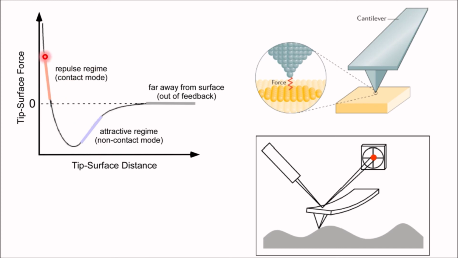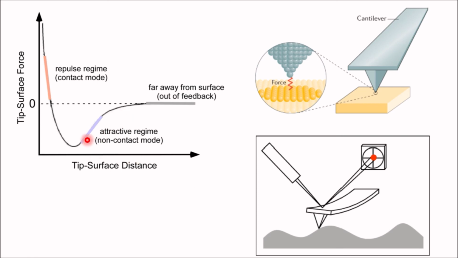In the contact regime, the cantilever is held less than a few angstroms from the sample surface, and the interatomic force between the cantilever and the sample is repulsive in nature. Its origin is the so-called exchange interaction due to the overlap of the electronic orbitals at atomic distances. When this repulsive force is predominant, the tip and the sample are considered to be in contact. In this mode, the cantilever is usually not vibrating but deflects due to friction or other forces. Such a deflection can be detected precisely by a sensitive photodiode.